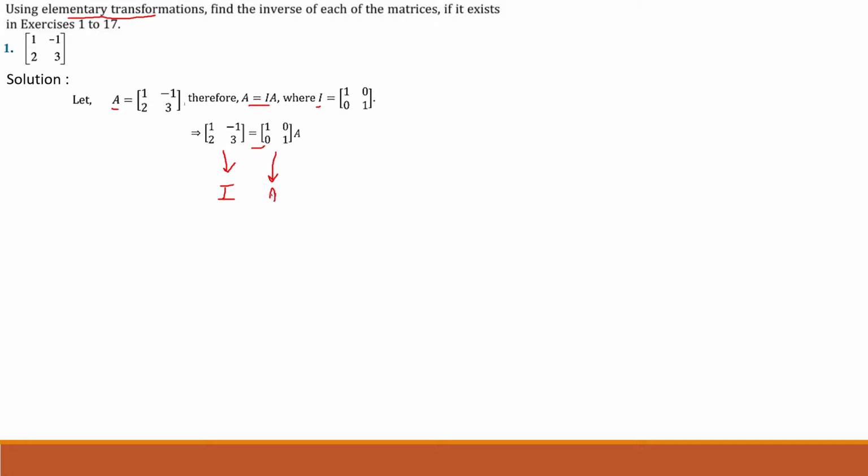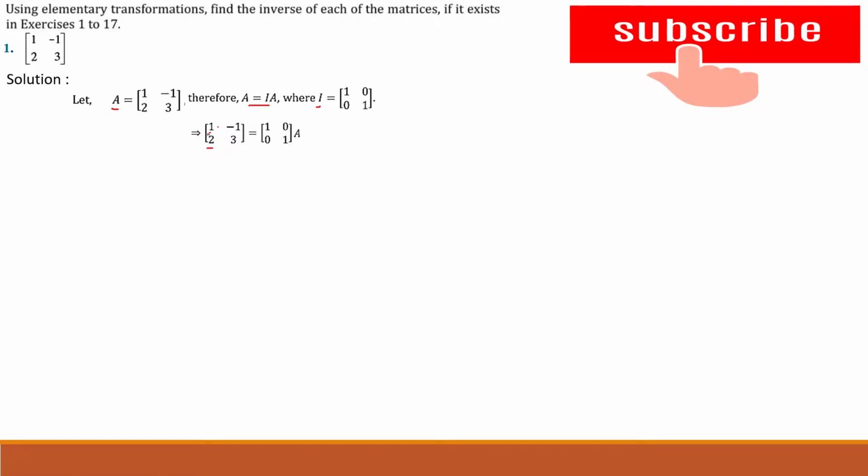और जब हमारा A matrix identity matrix में convert हो जाएगा and same operations अगर हम लोग identity matrix में भी करेंगे, then this identity matrix will become our A inverse. So let us transform this matrix into an identity matrix. First of all, we want this element to be 1. तो ये already 1 है, and we have to make this element 0 by using this one.